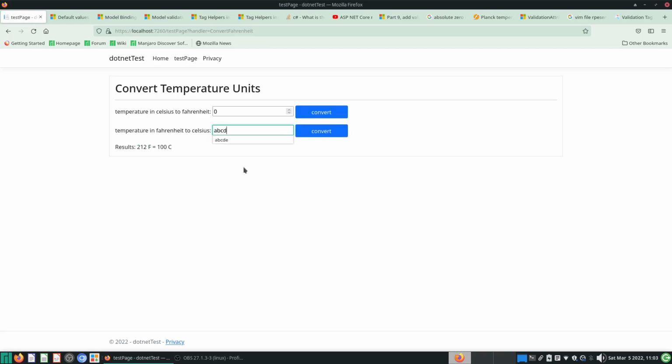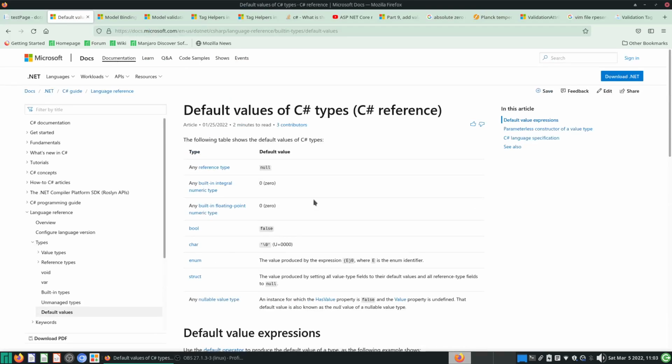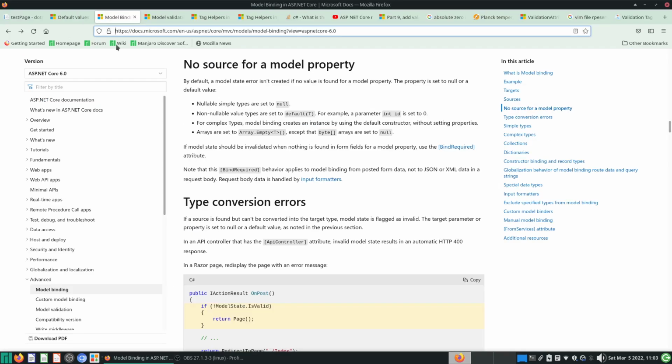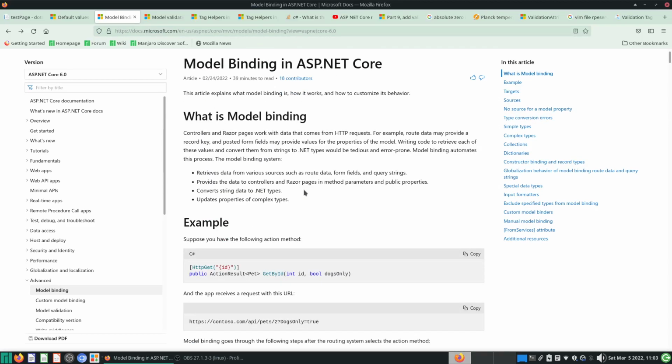However, if you enter a nonsense value, it will say that this is not a valid value. So this is also form validation. Now, if you actually look at form validation online, oops, this is the wrong one. Yes, if you actually look at form validation online,